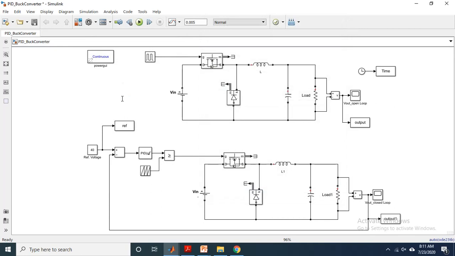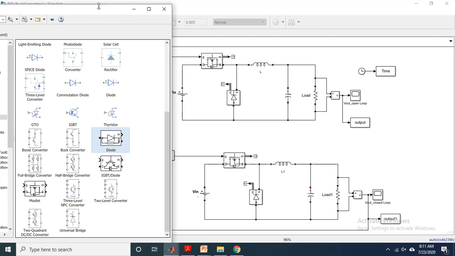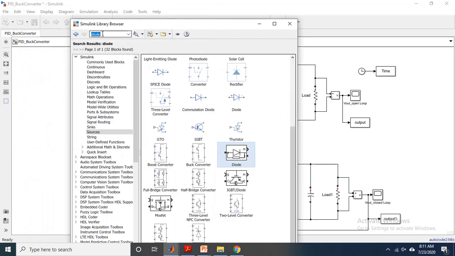And this load, the inductance, capacitance and other things, you can directly select from the RLC series branch.